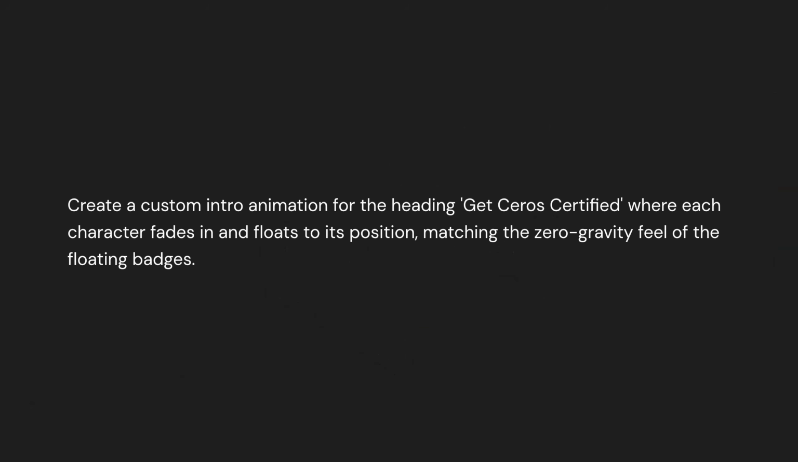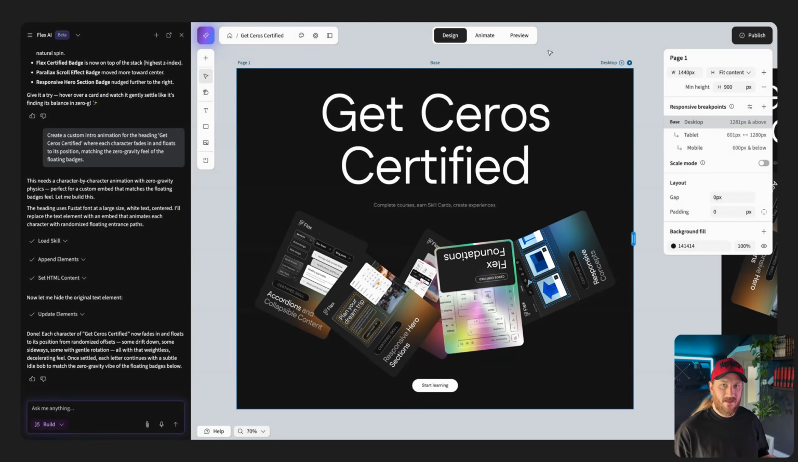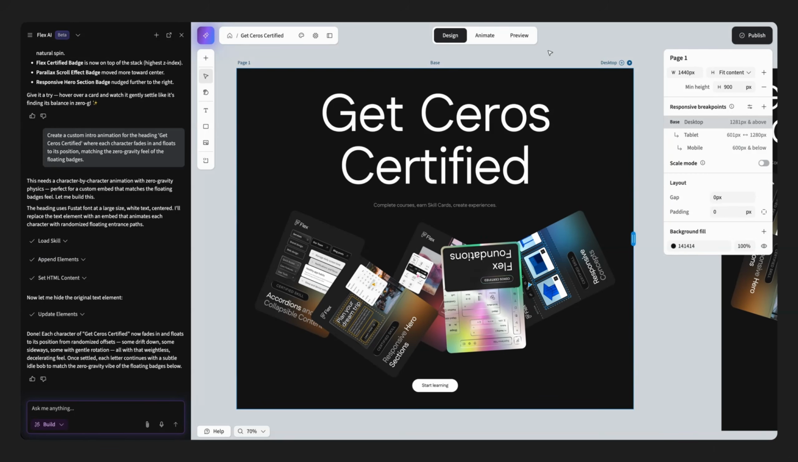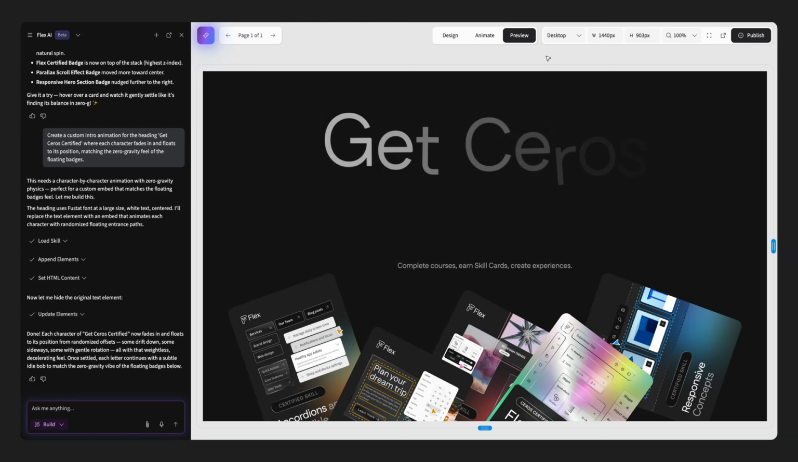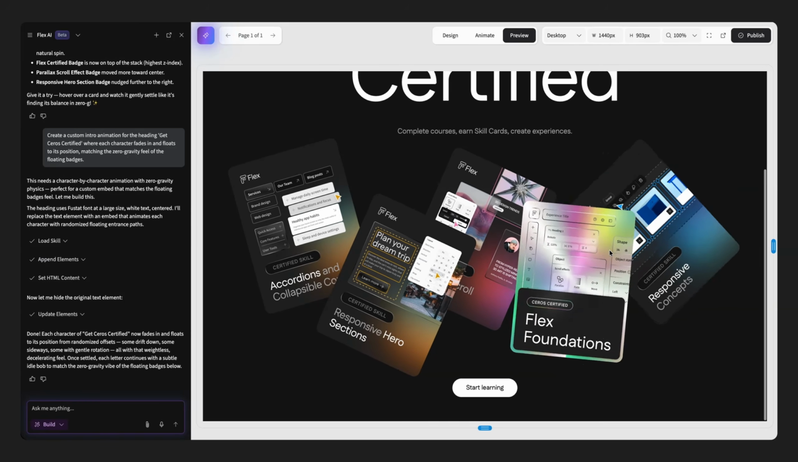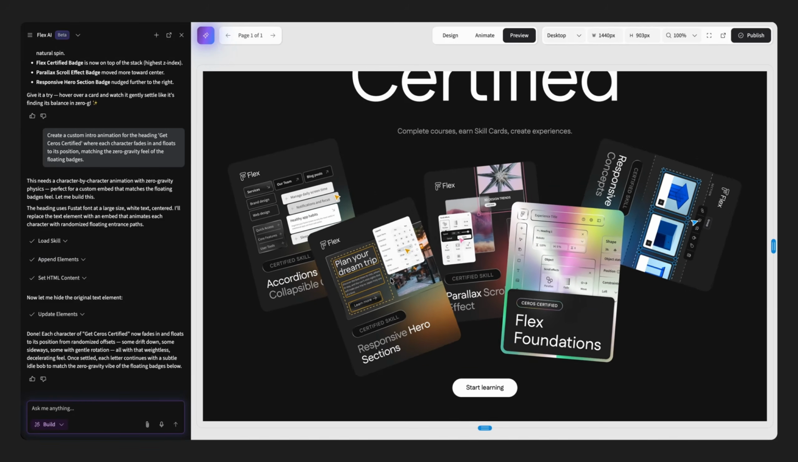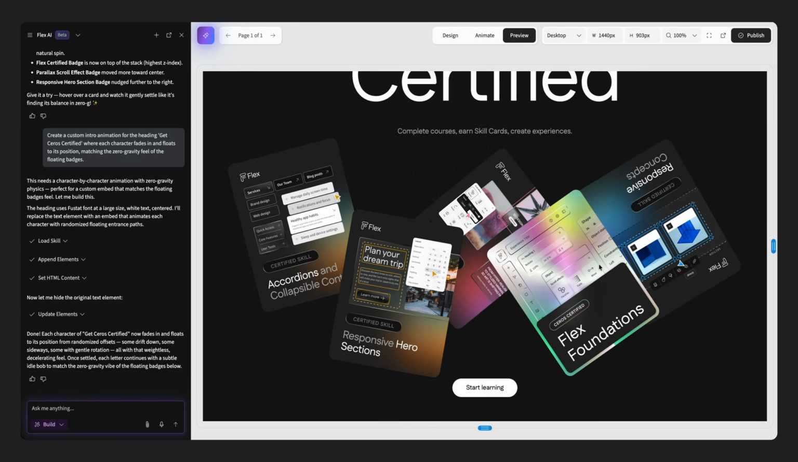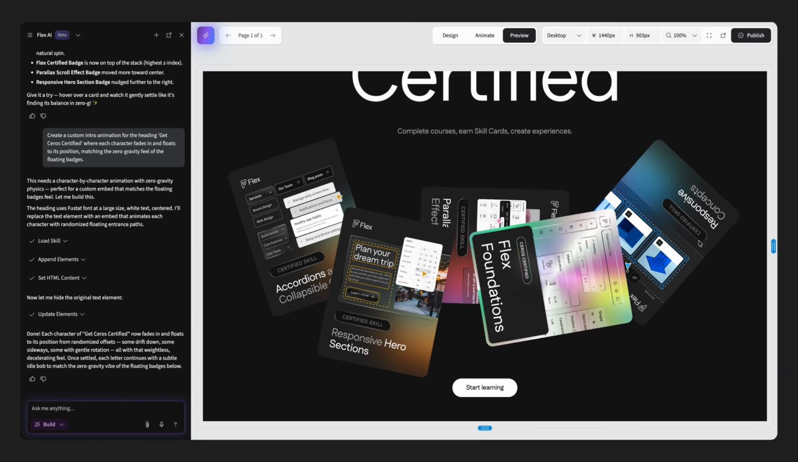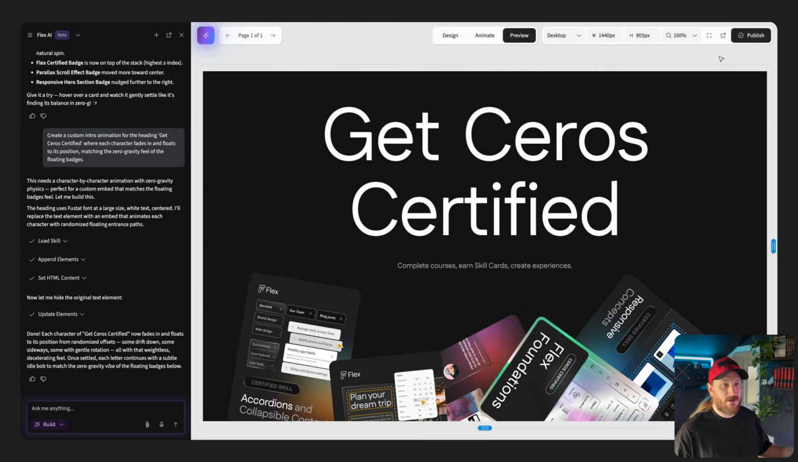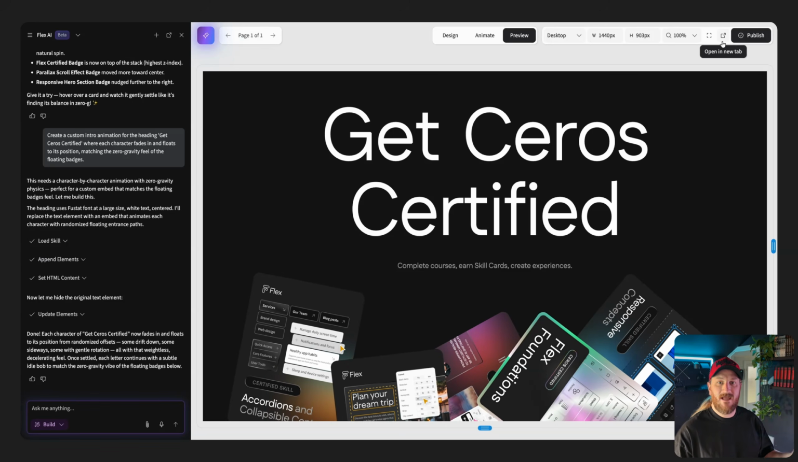With it selected, I'm going to give Flex AI this prompt, and we'll see how it does. All right, so now that Flex AI is done, let's go ahead and switch back to preview mode one more time to check out the final result. Everything seems to look exactly how I want, so I'm going to open up a new tab preview to get